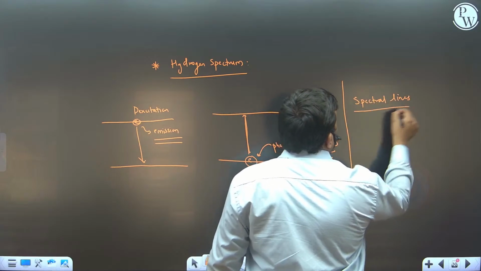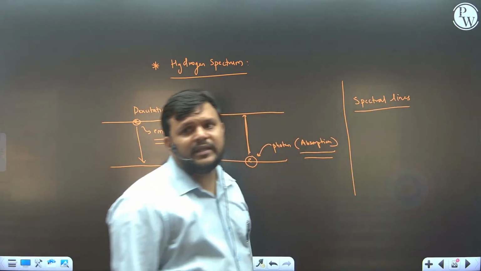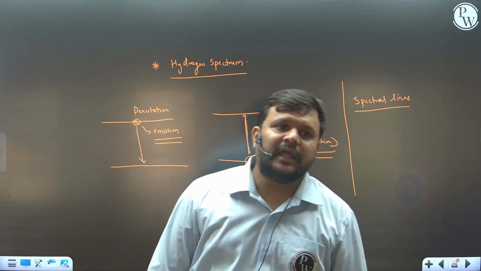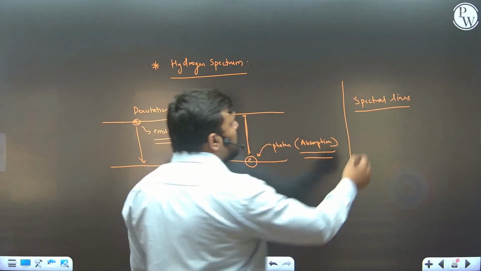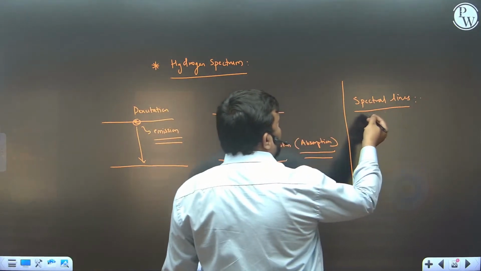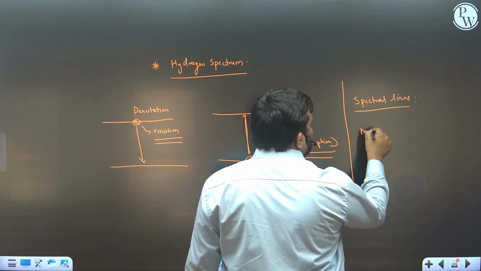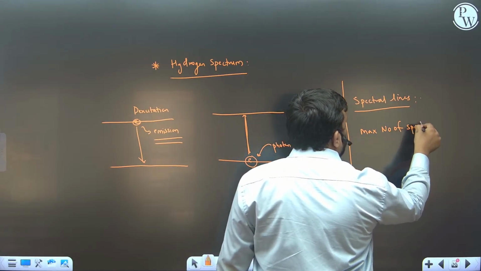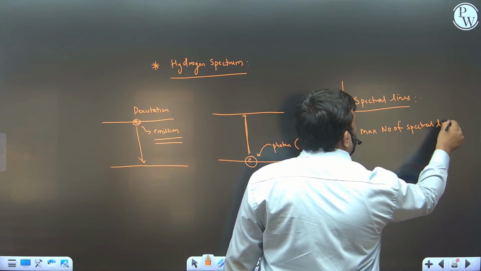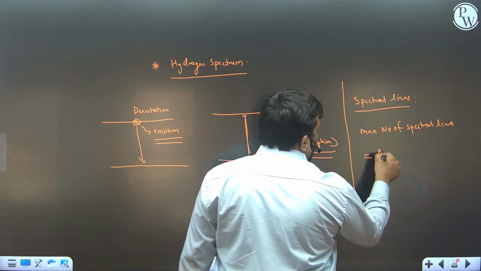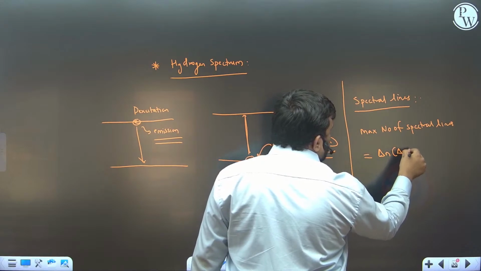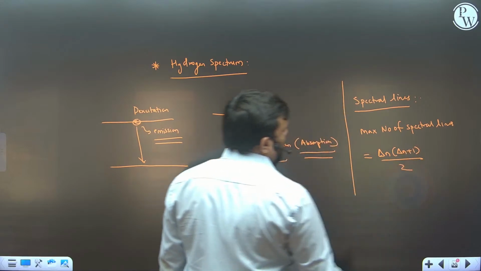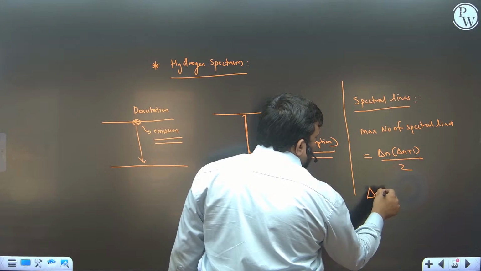So they are asking us the value of spectral lines, that is the different energy lines we are getting. Simply remember the maximum number of spectral lines that we can observe is delta n into delta n plus 1 divided by 2, where delta n is the